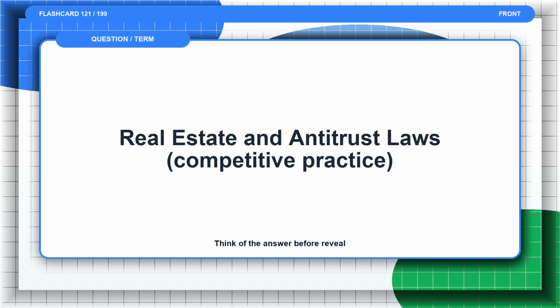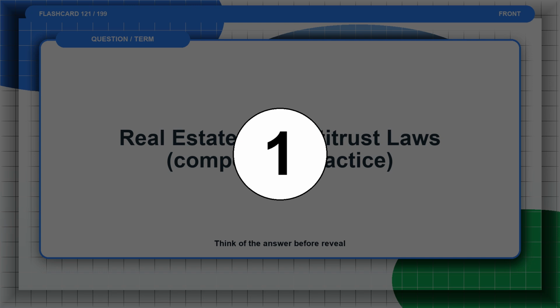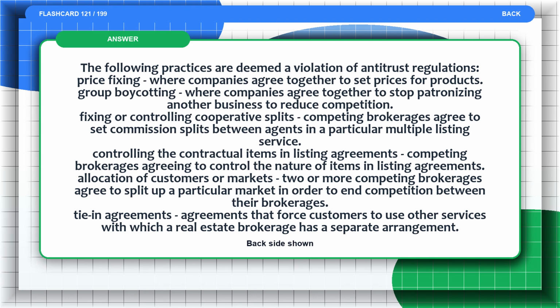Flashcard 121. Real Estate and Antitrust Laws, Competitive Practice. Pause and think of the answer before the reveal. The answer is: the following practices are deemed a violation of antitrust regulations: price fixing, where companies agree together to set prices for products; group boycotting, where companies agree together to stop patronizing another business to reduce competition; fixing or controlling cooperative splits;